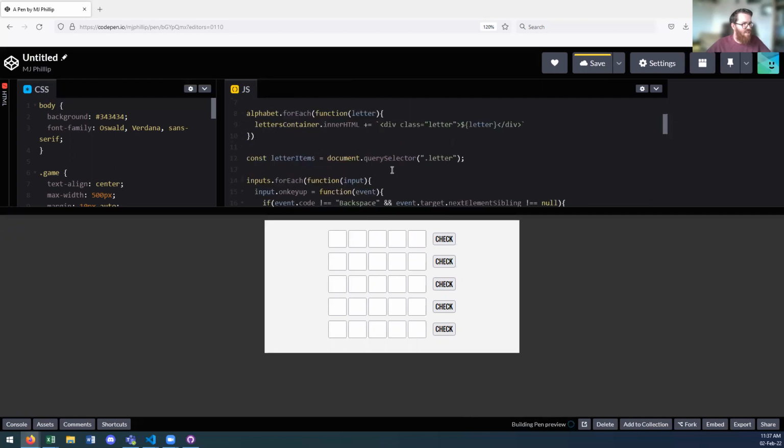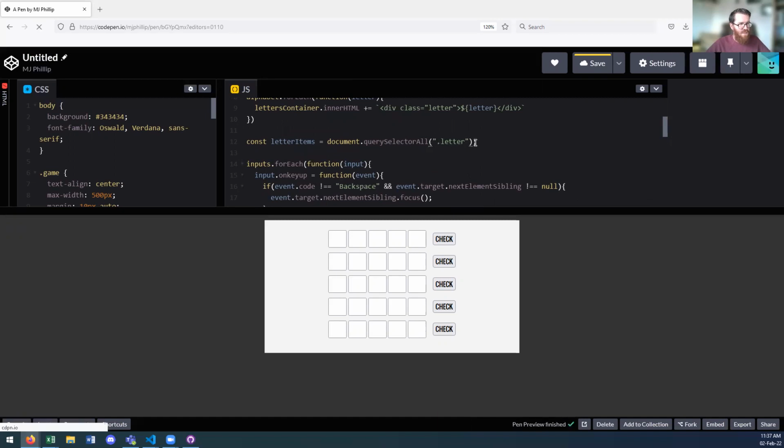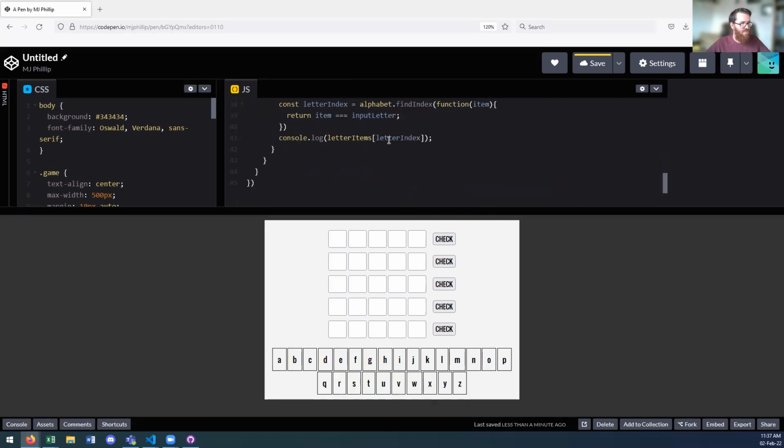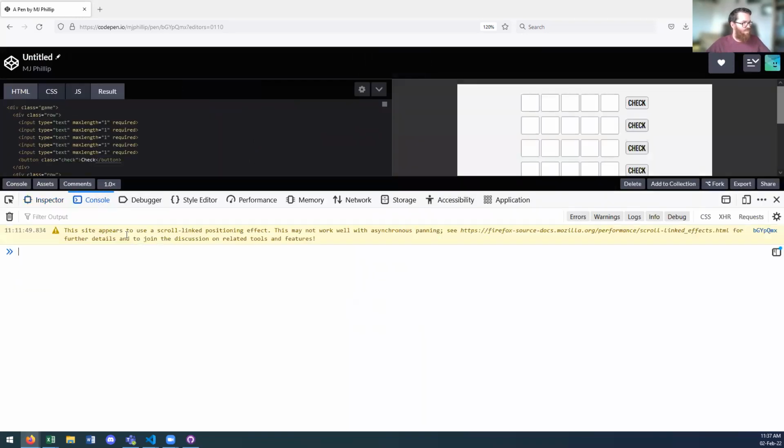And I just want to double check. You can see here I'm using querySelector. I need to be using querySelectorAll. So querySelector will only select the first item. So I want to select all of those that match the class .letter. So let me just log into the console again. And if we look in our console,